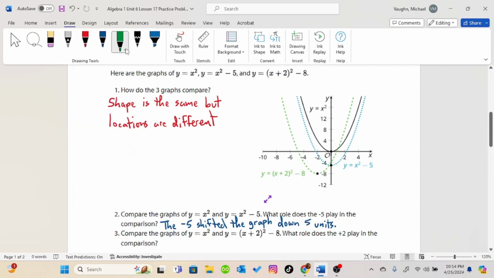And number 3, compare the graphs of y equals x squared, which is the black line, and y equals x plus 2 squared minus 8. What role does the plus 2 play in the comparison? So the plus 2 is inside parentheses. So this is affecting the x, which is our left to right. So the plus 2 shifted the graph left